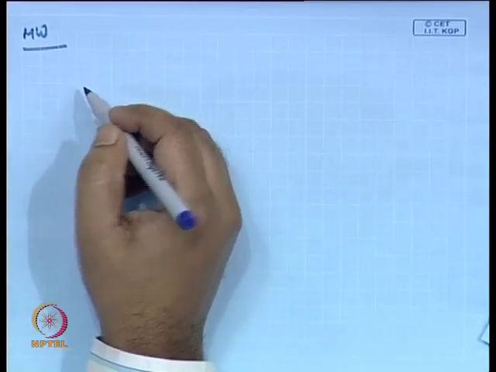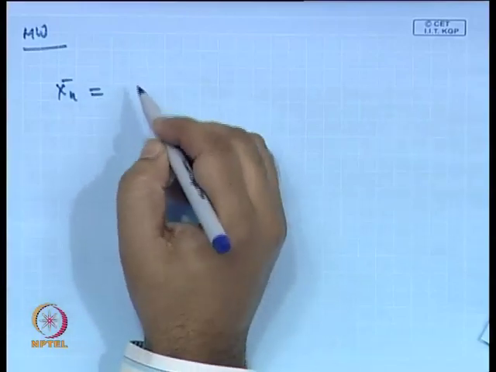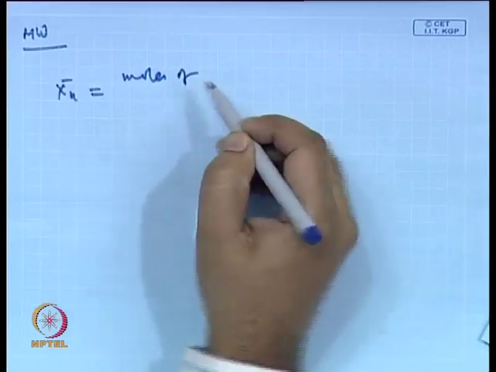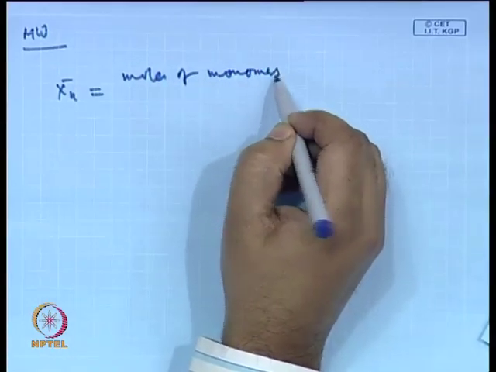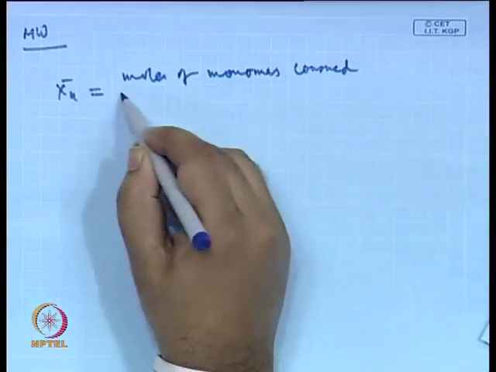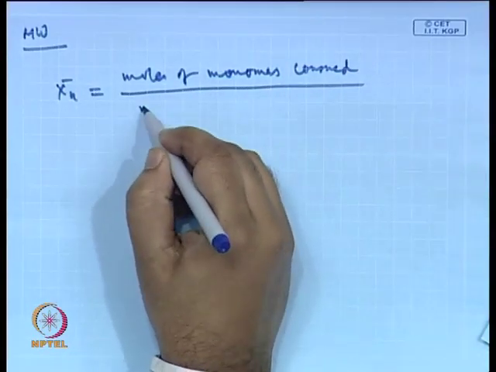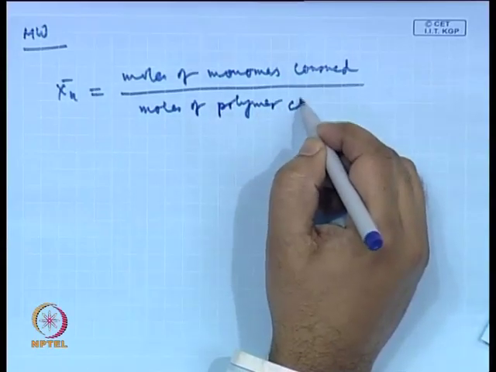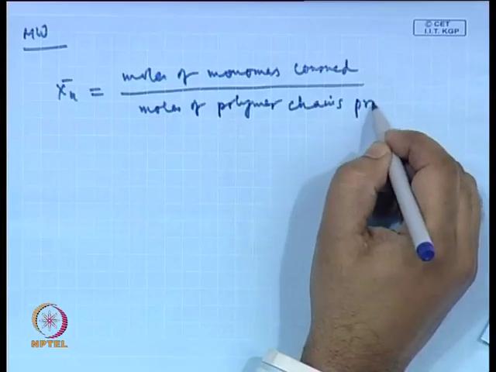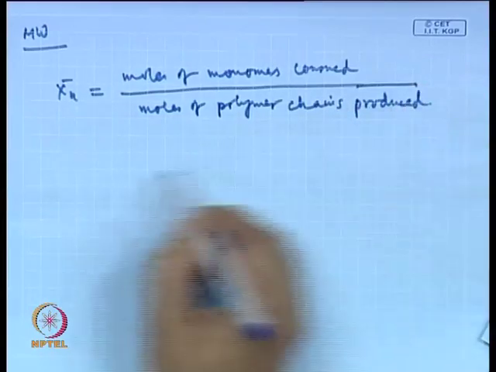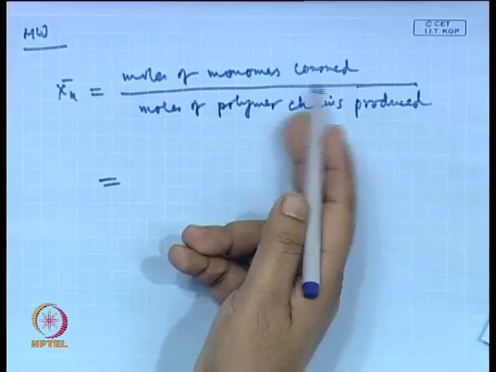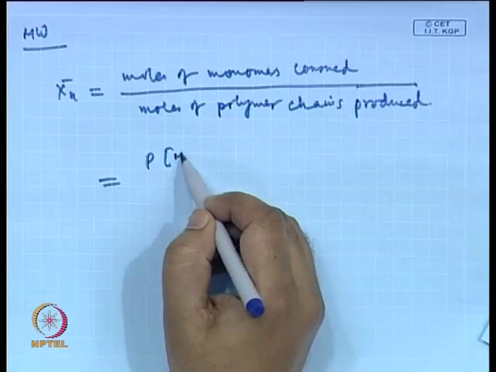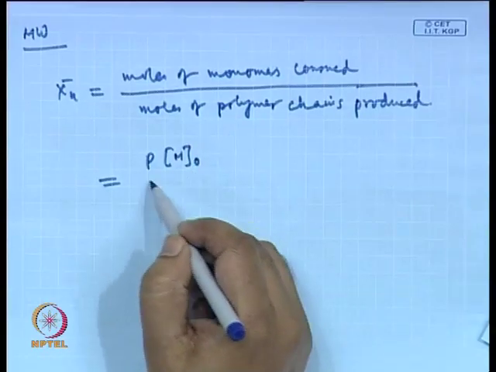Now, we know for a chain polymerization how we calculate the molecular weight: it is the moles of monomers consumed divided by the moles of polymer chains produced. The moles of monomer consumed will be given by the conversion multiplied by the initial concentration of the monomer,